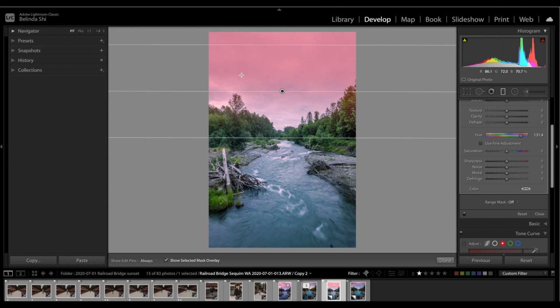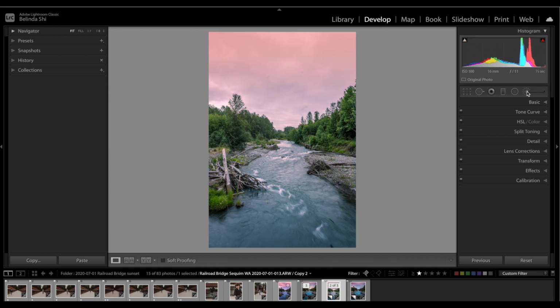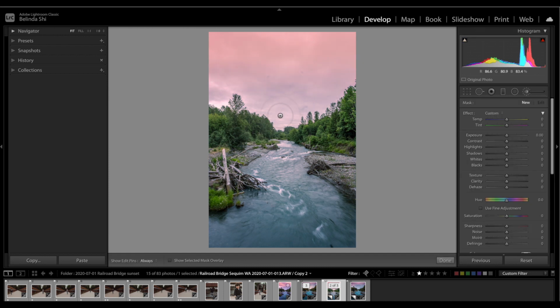Now, I don't want this whole sky to look orange, so let me select the range mask and select color and click on this eyedrop tool, select the only color to have this hue effect taking place. Yeah, great. Okay, third thing I wanted to do is to brush this part of the sky and give a